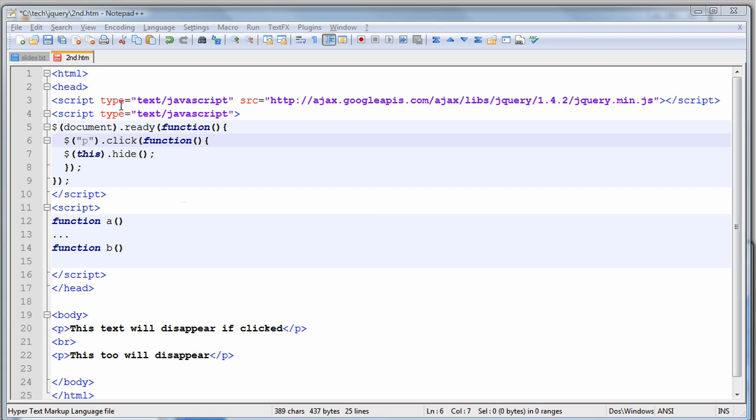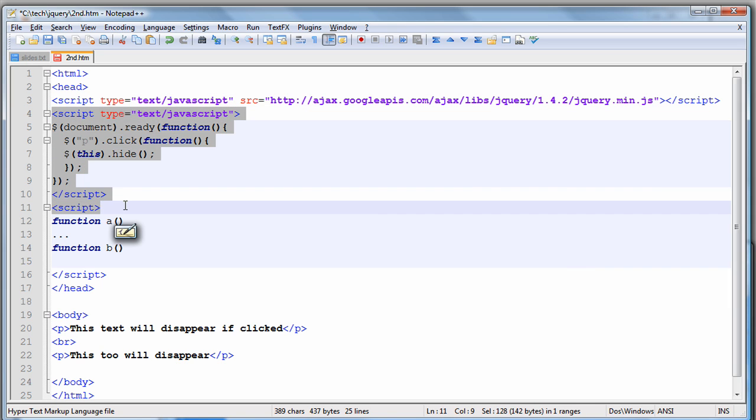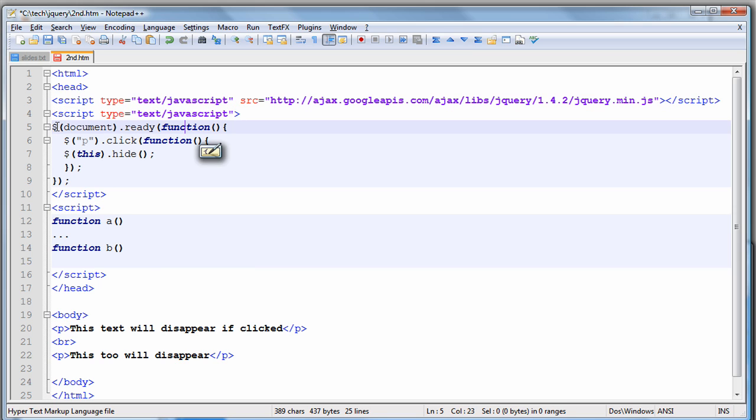So here, as you see, this is the thing we ran last time. Here I have the first one, as you see, script source. So I'm accessing the hosted version of jQuery, and then I have got my simple jQuery scripts. As you see, the structure of jQuery basically starts with a document ready function, and